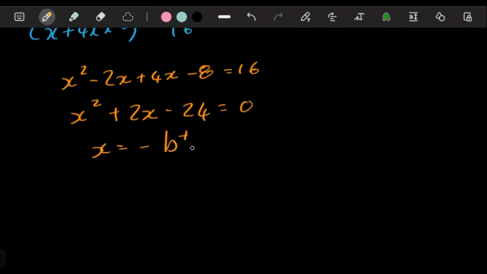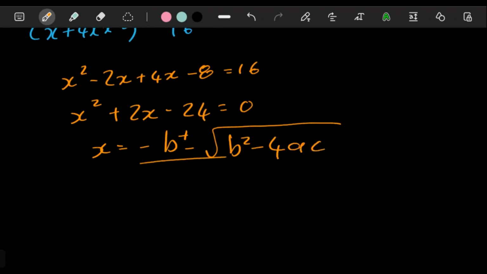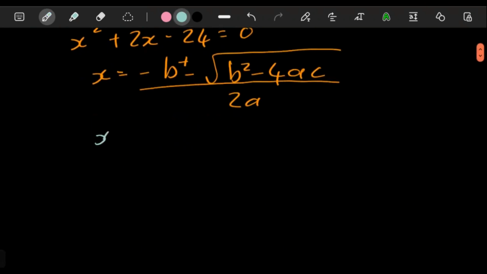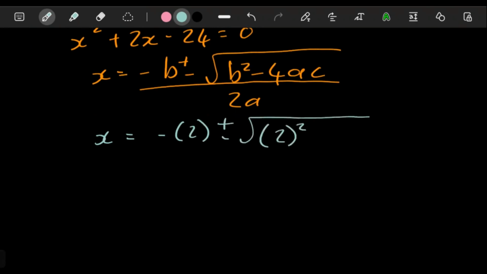See here, -b plus or minus the square root of b squared minus 4ac, over 2a. And as mentioned already, the only thing that will bite you when you use the quadratic formula is not substituting values correctly. So here a is 1, c is -24. This one I think we could have factorized,